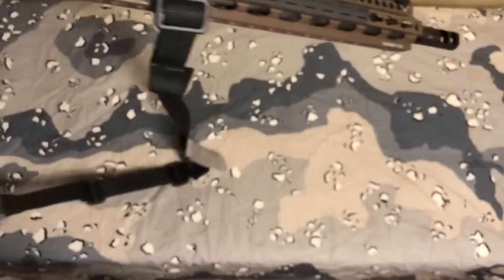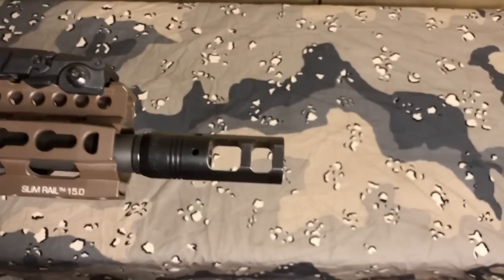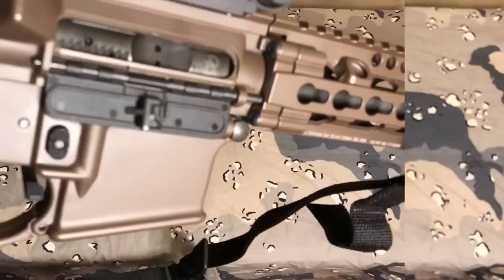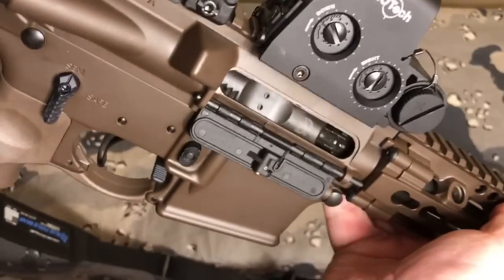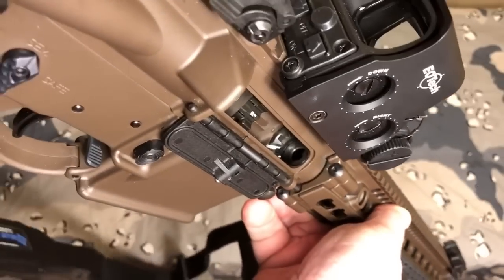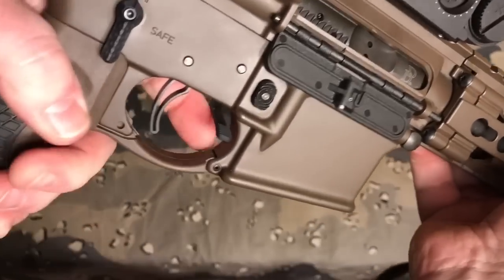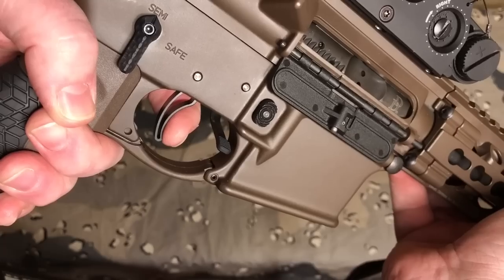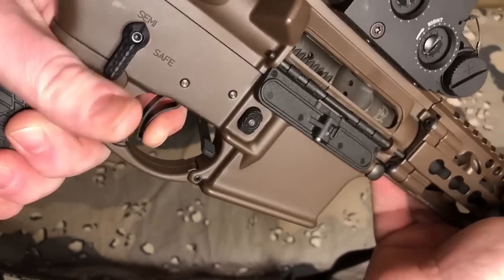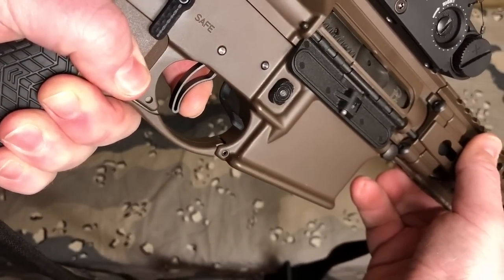So let me go ahead, guys, and get ready to give you some shots of what this trigger's like and the reset on it. All right, so we're going to go ahead and clear the gun. Gun was cleared off camera. Gun is clear. Okay, so here's the trigger pull right now. There's going to be no take up, as you'll see. And now I'm going to show you the reset. Oh man, this thing is...